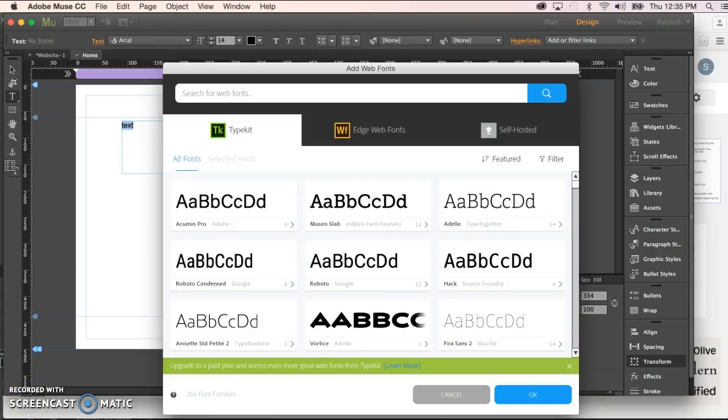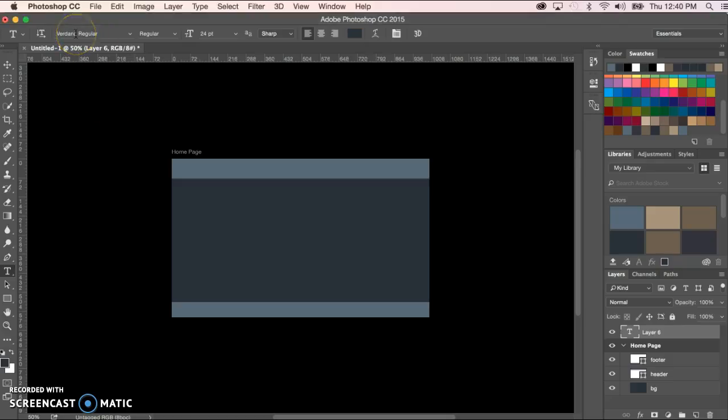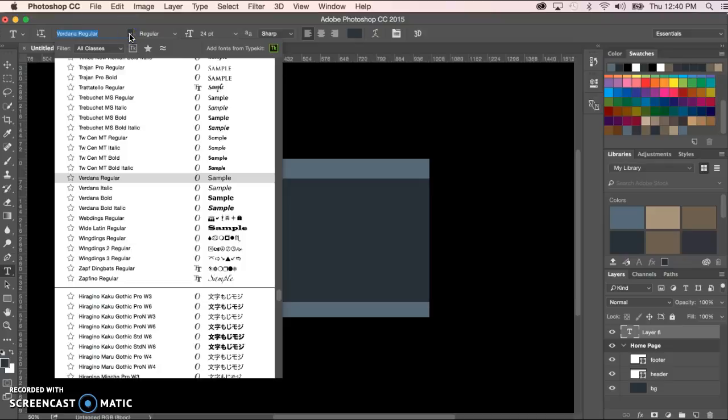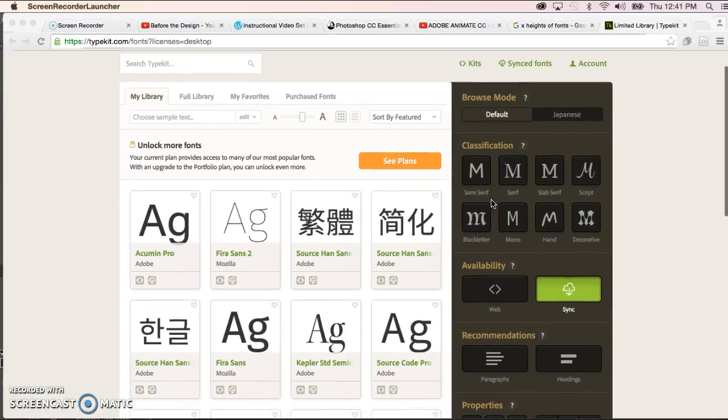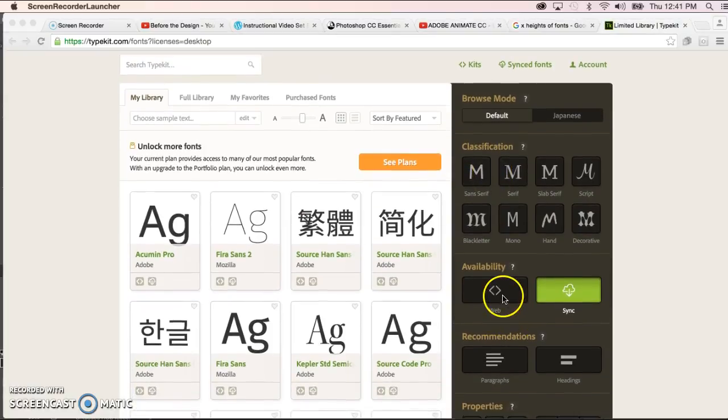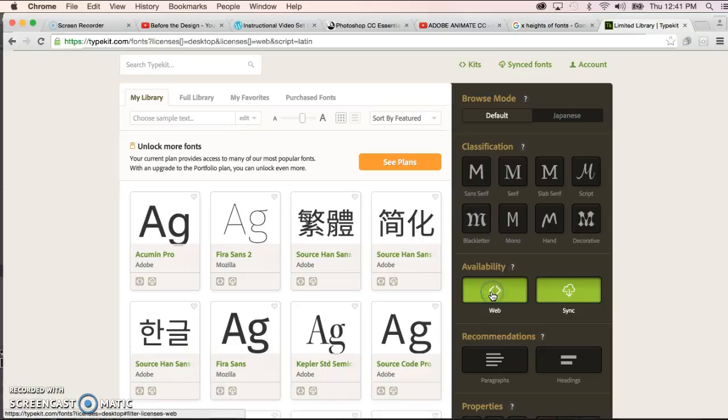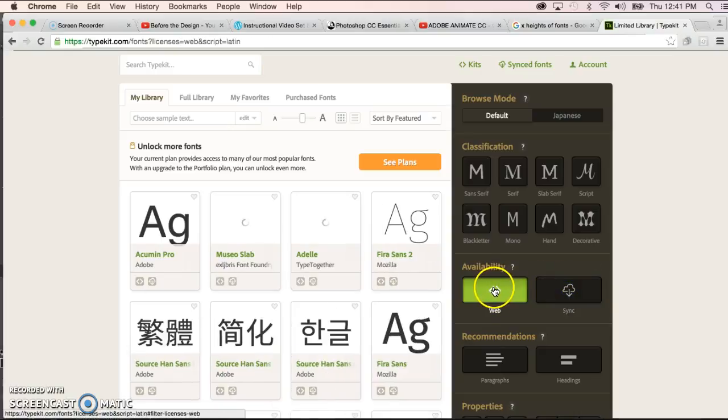So if that all seems overwhelming to you, then just go back to Photoshop and stick with either Verdana, Georgia, Helvetica, or Arial. I'm going to finish this up by just showing people that do have the paid subscription. You notice here that you can't get the Edge fonts, but you can go in and pick your Typekit fonts. When you click on this, it'll take you into a menu. You have to sign in with your Adobe credentials, and then since you're doing web design, just make sure that you make the availability for just web fonts and